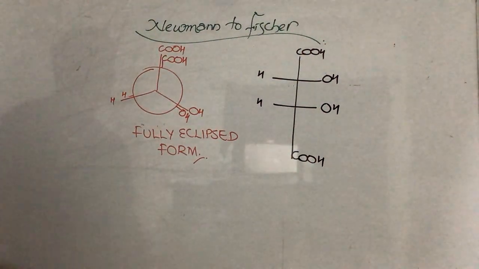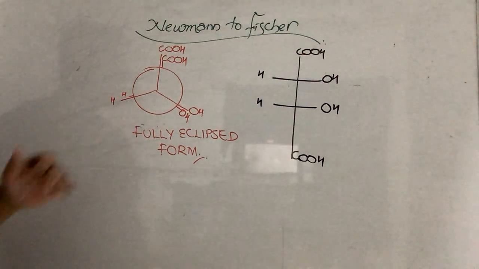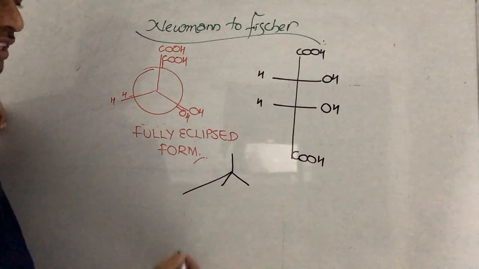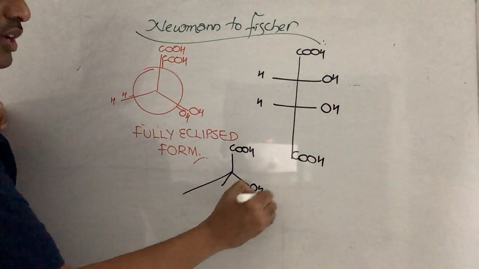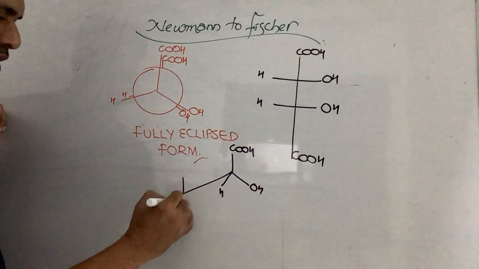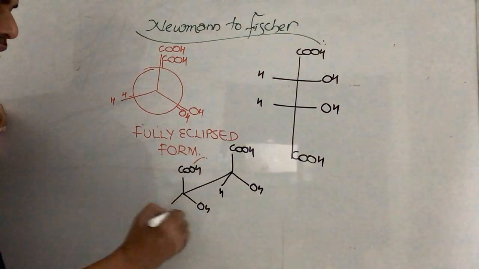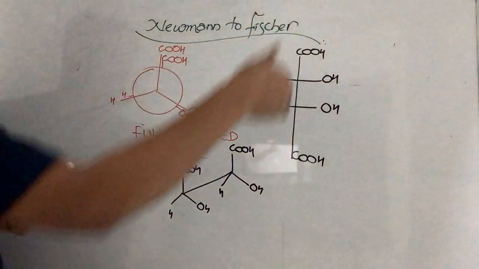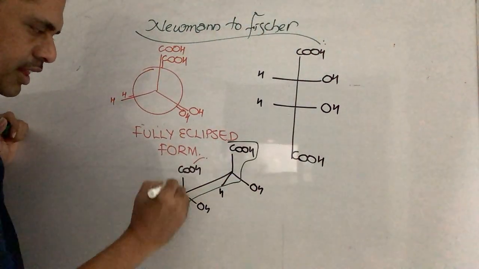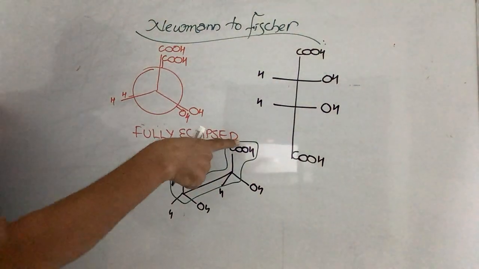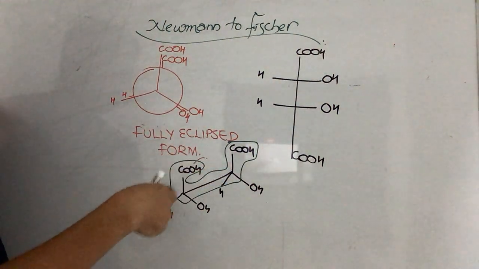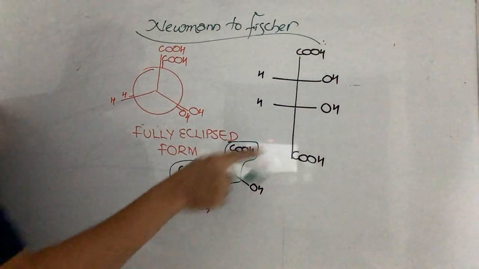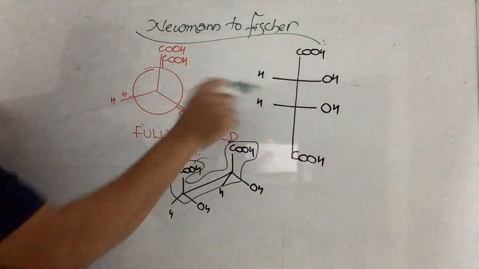When this is given in Newman form, for example, if it is given in Sawhorse projection, how the Sawhorse projection is, it is like this. For example, COOH, OH and H, and now COOH, OH and H. Now what you need to think is, this is the straight line. Whatever line you are saying, this is that line. COOH, carbon, carbon, COOH. These two are the chiral carbons. So you take this on the line. Now you see OH is on the right side, OH is on the right side, H on the left side, H on the left side, we are writing.